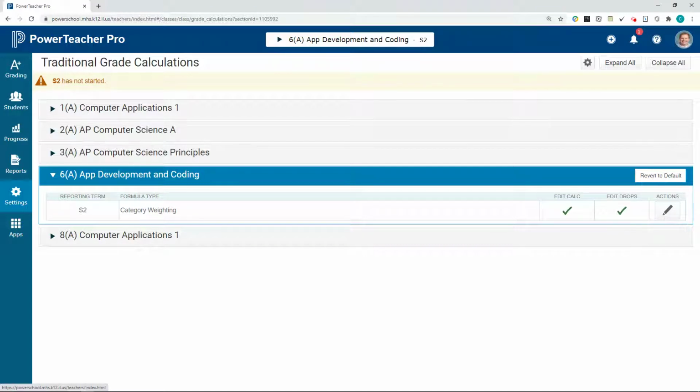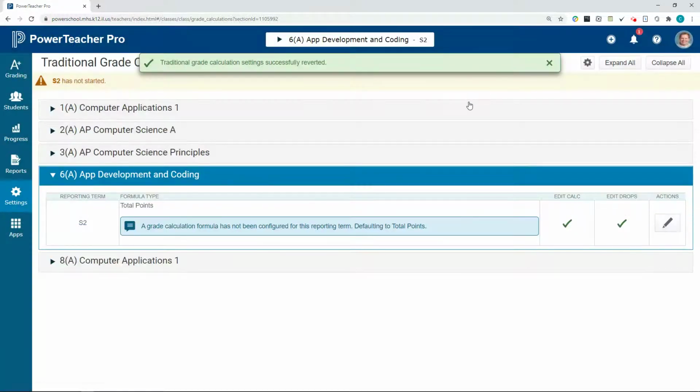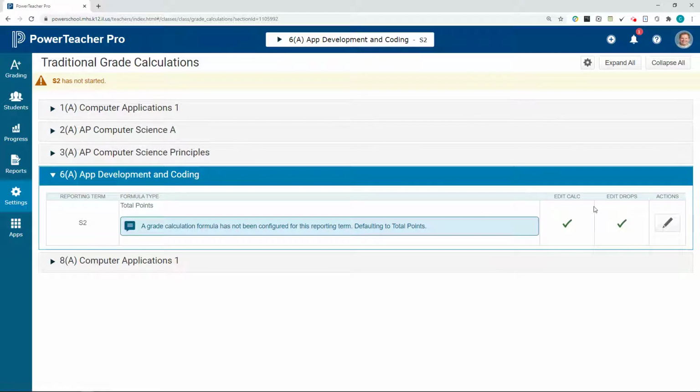So I'm going to click the revert to default since this was used as an example, and I'm going to click yes here. So your first thing you want to do is, you can start trying to set up your category weights by clicking this edit button, but you want to make sure your categories are associated with the particular class. So to check that or to set that up, go up here to grading,